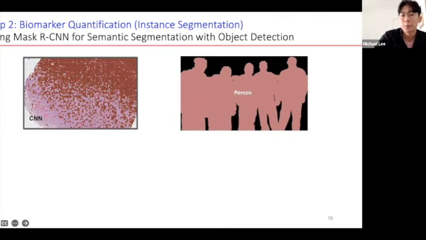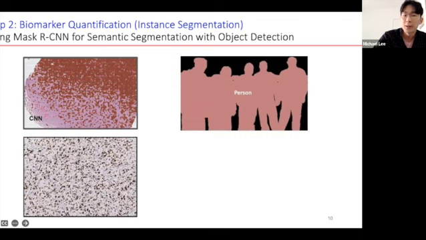Previously, for our H&E-based histomorphologic classifier, we would look at this H&E stained whole slide image and identify what the general classes of the tissue types are. A good analogy would be an image over here with a group of people. This whole group of individuals would be classified as one class, being person. But with a nuclear stain like Ki67 over here, we want to be able to mark each of these nuclei and count the ones that are positive, and the ones that are negative over here in blue in the background.